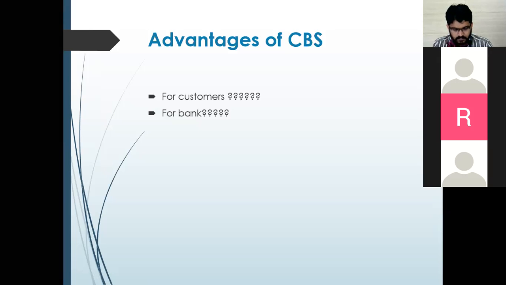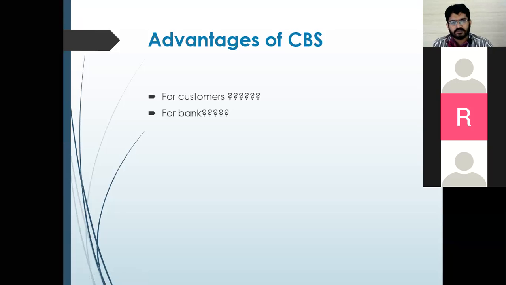They can go to the nearest branch and do the transactions. Yes, Mrunali? Definitely, they can go to the nearest branch where they are. Suppose your house is in Tirakwadi and you have an account in Tirakwadi, but now you are somewhere else. You are in Udyambag, let's say, and you want to immediately withdraw money or deposit money. You can do it in the Udyambag branch itself. You need not go to Tirakwadi and do it. So that is one advantage. Yes, good, Mrunali.